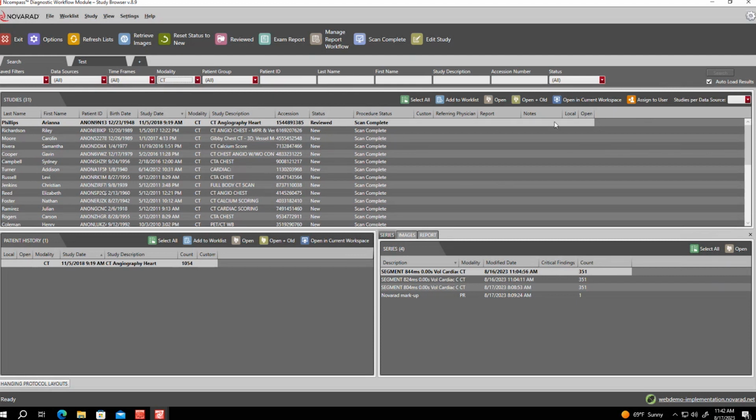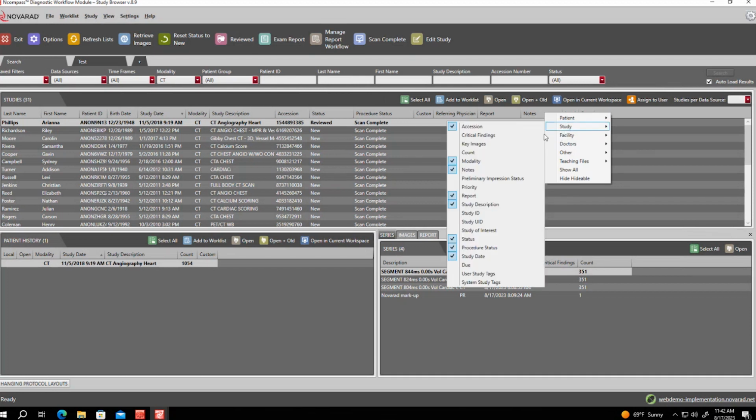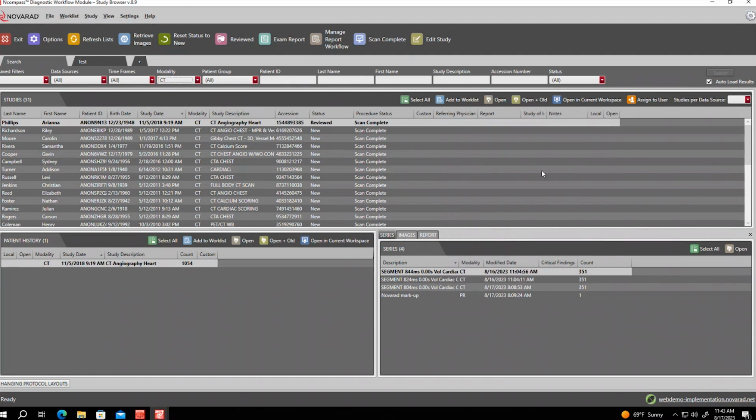to wherever you want. You can add additional columns the same way that we added filters, just by right-clicking into that empty area, and you'll get that same drop-down list so that you can add and remove different columns depending on what you're looking for. You can sort your lists by any of these columns simply by clicking on the column, and it'll reorder and resort depending on what you're looking for.